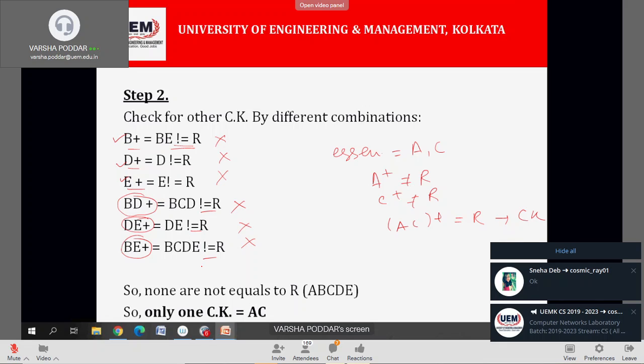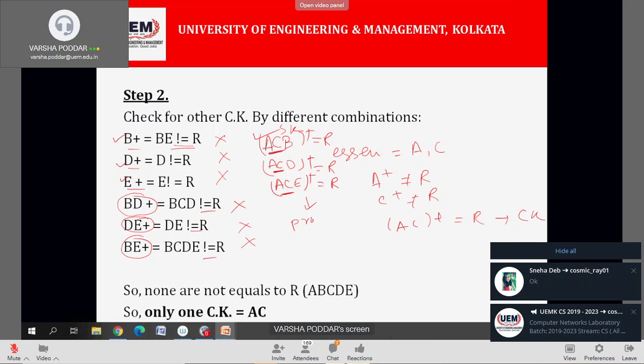Another point. If you have AC and you add variables, then their closure will always be equal to R. That means this is a super key, and every one of them is a super key because everyone's closure is equal to R. But everyone's proper subset is AC itself.